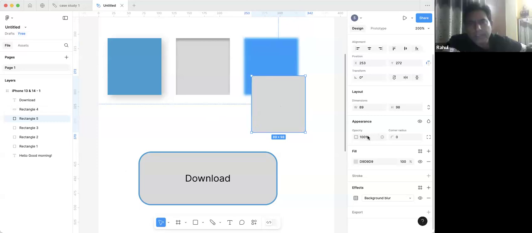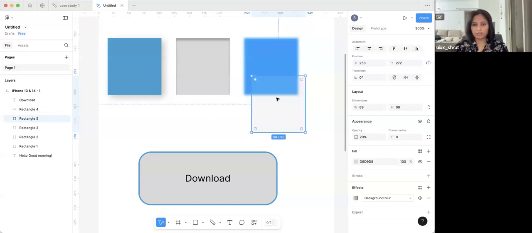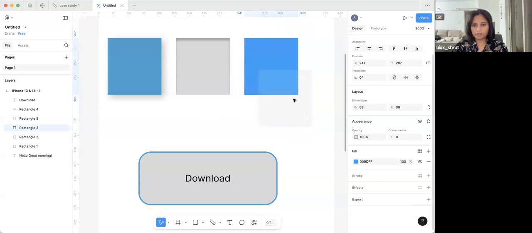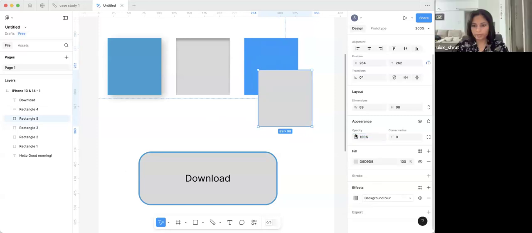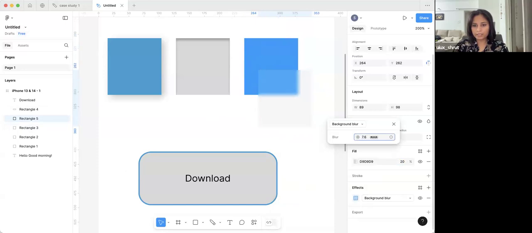You will have to change the opacity, reduce it. Yes, so you will make it 20. Okay, now I'll just remove the blur effect of this. So right now I've given background blur. We'll change the opacity not from here but from here, 20. So now if I increase the blurriness,